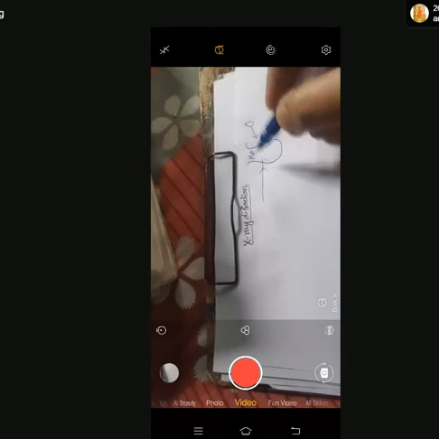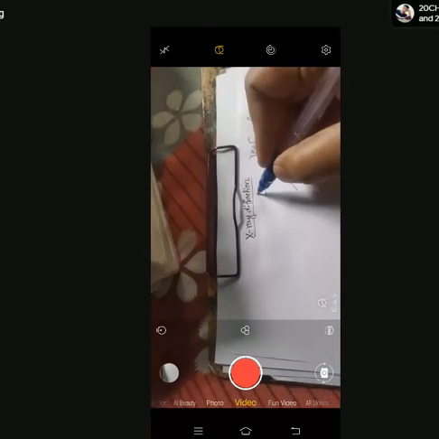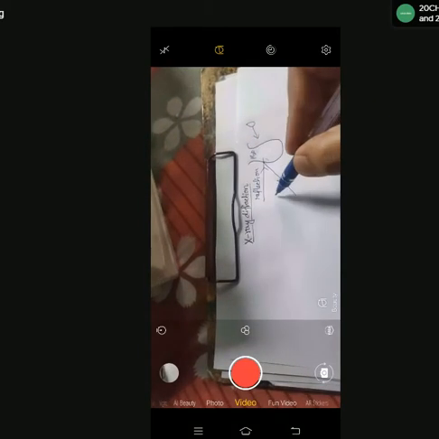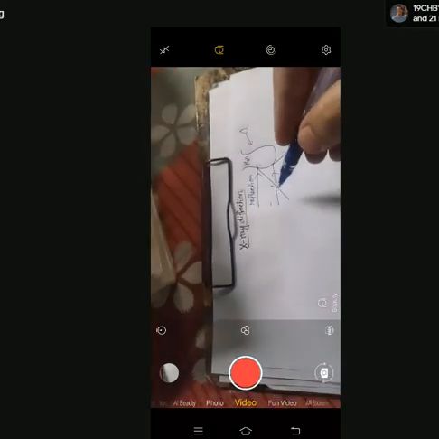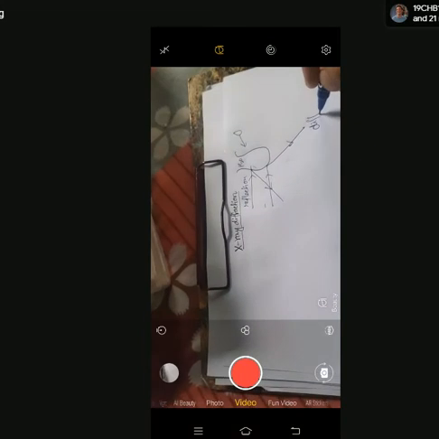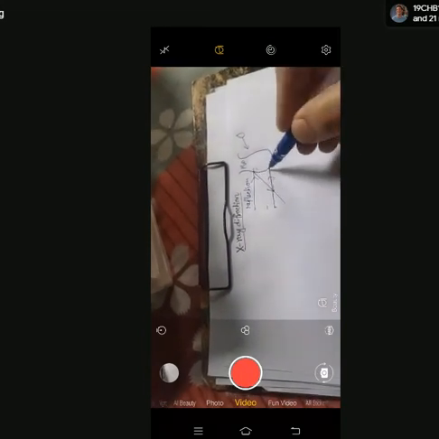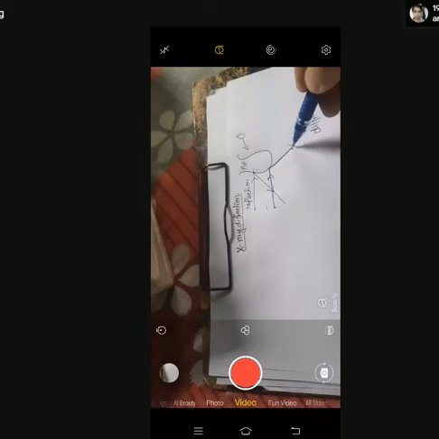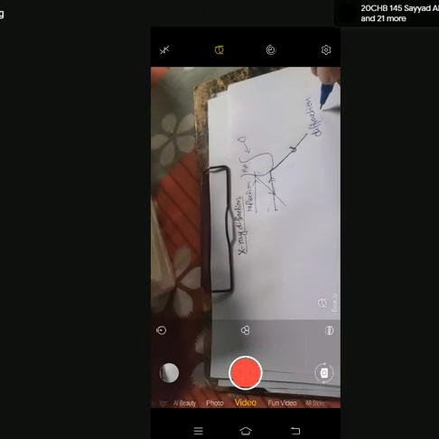If it reverts back from the surface of this water molecule or water droplet, it is called reflection. Clear? And if light goes in the other direction, it is called diffraction. Diffraction means that when the light is incident on the water droplet, it reverts back, changing direction, going in this direction. This is called diffraction.